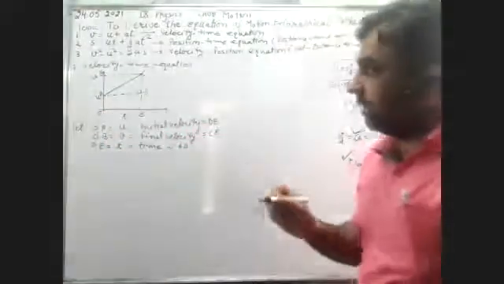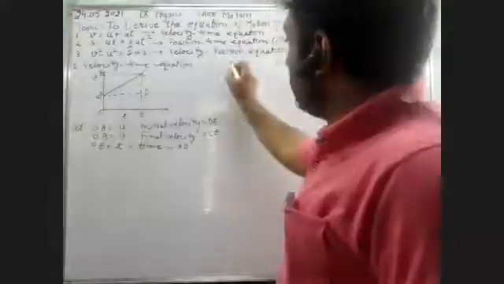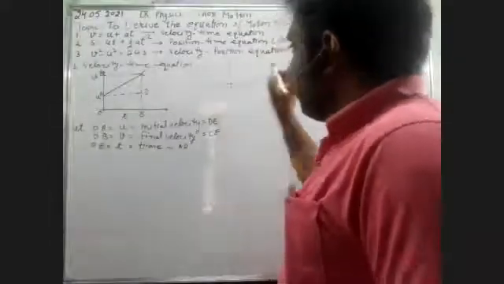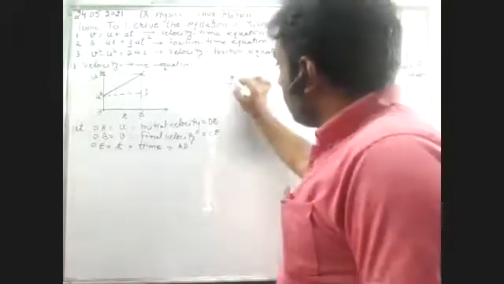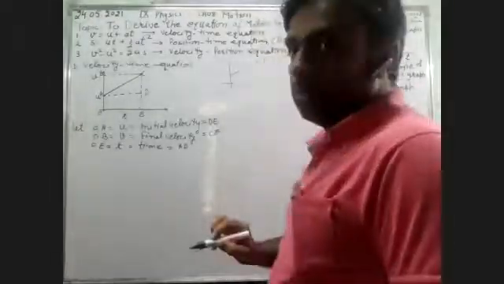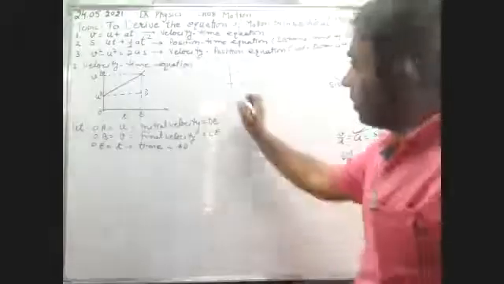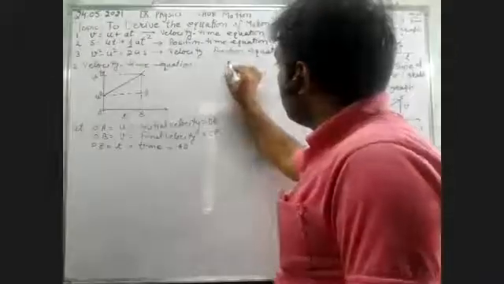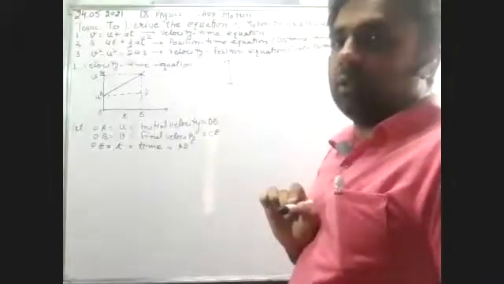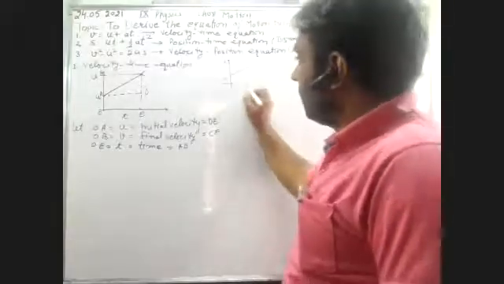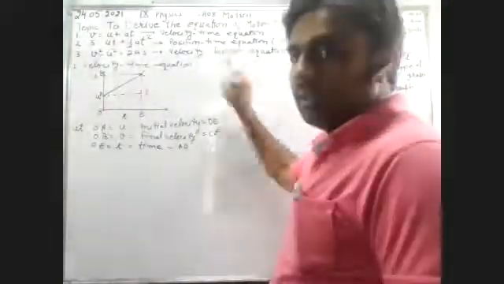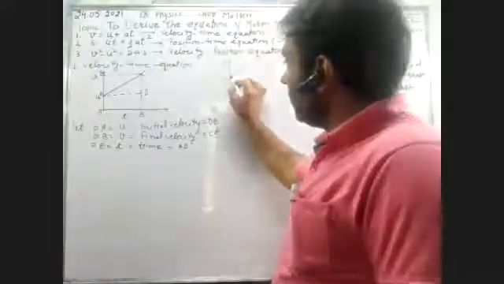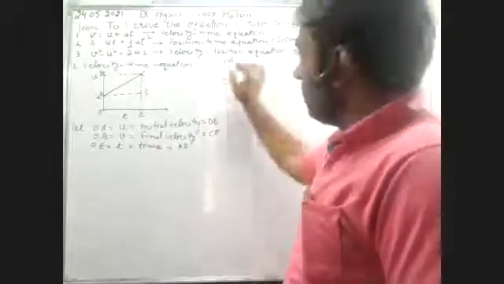Students, look carefully again. What is this? This is nothing but a velocity time graph of an object moving with some initial velocity u. We have discussed this. The object has some initial velocity u, and after some time the velocity will be v. This is the time axis, this is the velocity axis. Initial velocity u, after some time, velocity is v.